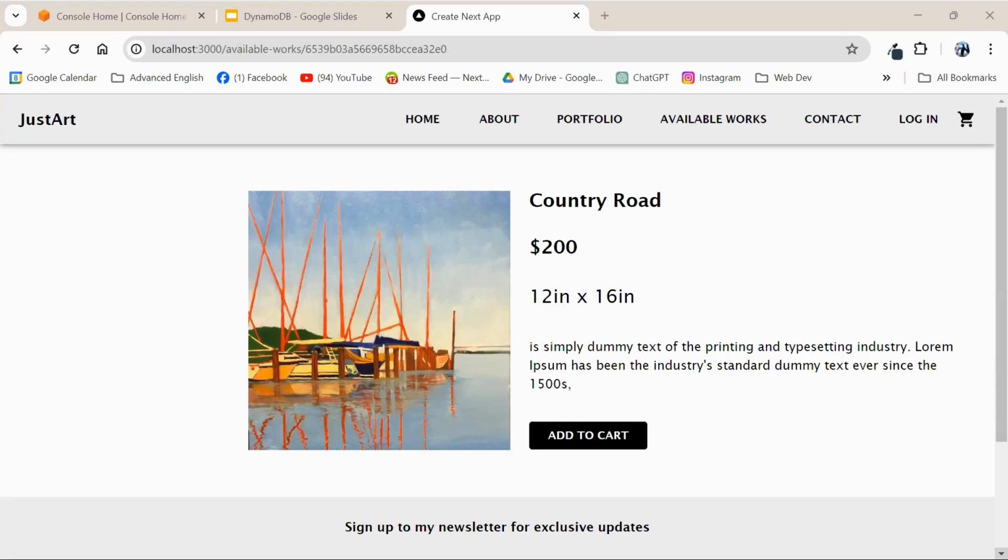You see the website. It's a simple e-commerce art website. And we have the image, the title, country road, $200, and some measurements for our data that we will be adding to DynamoDB today. Now, before we run over to the management console, I want to explain some things about